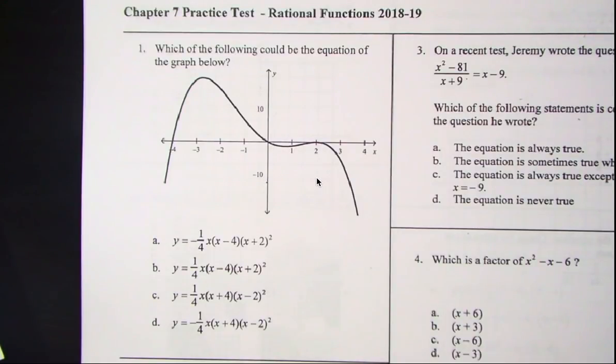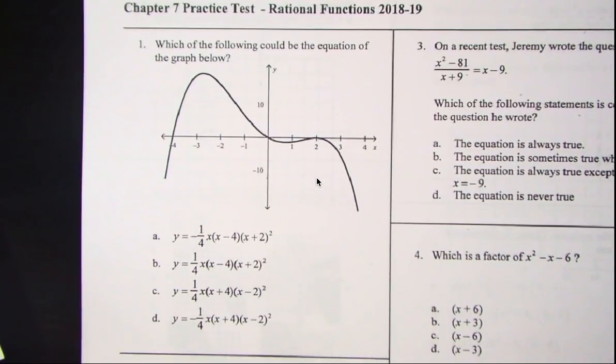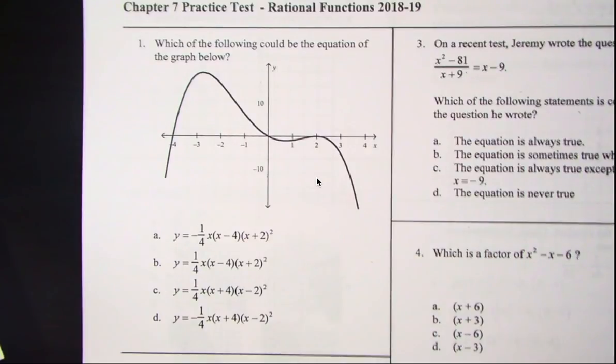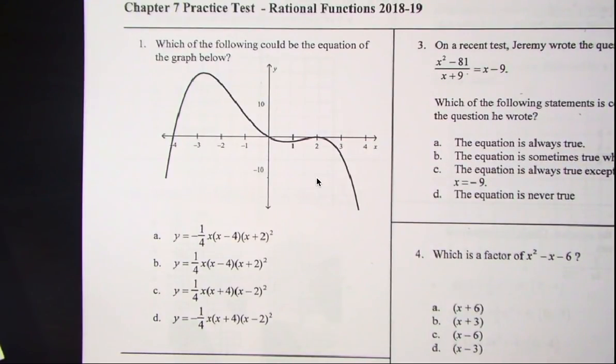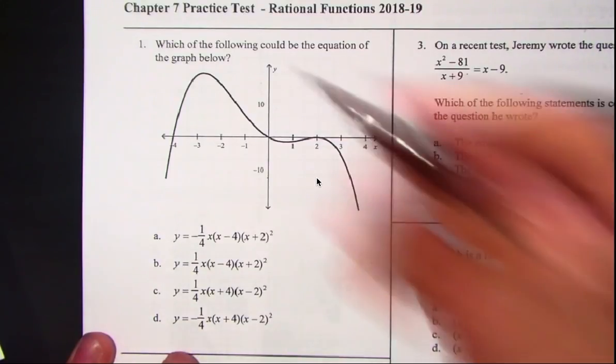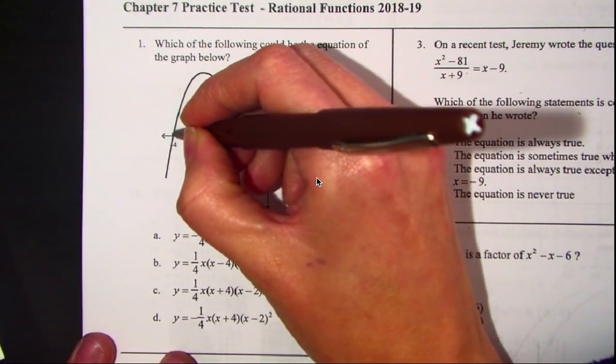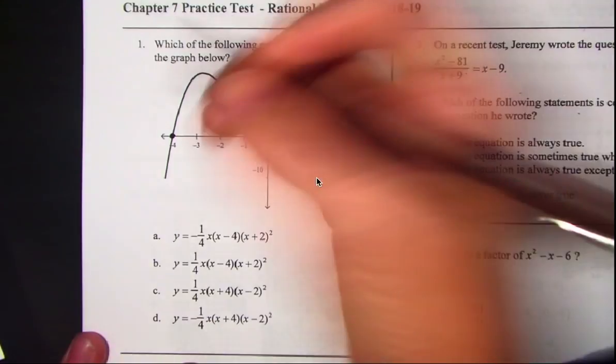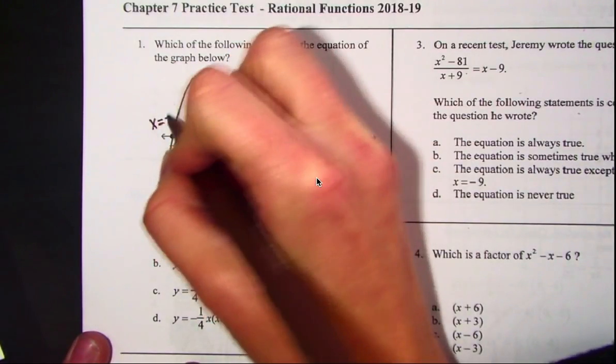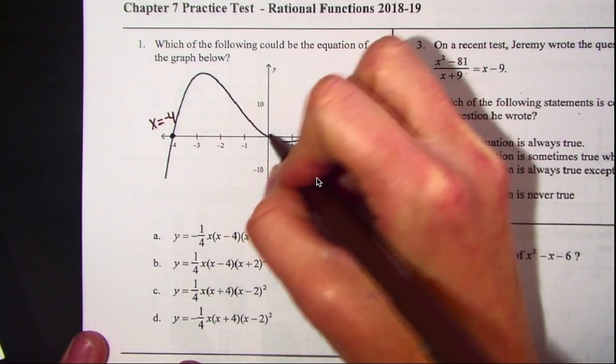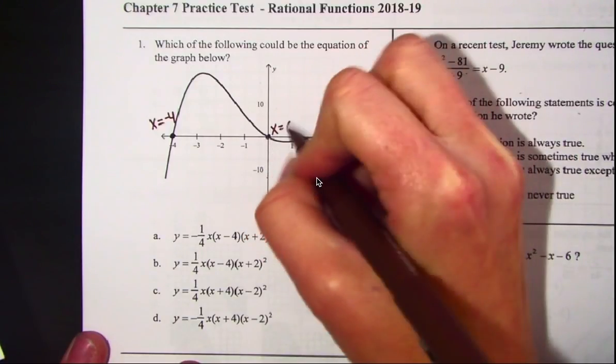Question number 1 is asking which of the following can be the equation of this graph. So this is back to our previous chapter. We're going to look at where this graph crosses the x-axis. So we have an x-intercept or a root at x is equal to -4, x is equal to 0, x